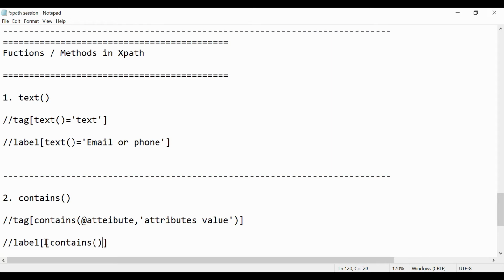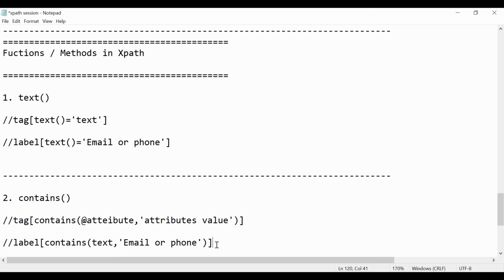Bracket, label contains, then @attribute. But if you are using the text, as I already told you, we don't have to use the @. So directly use text, comma, and the value of the text in single quote.